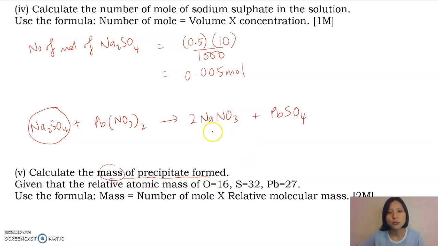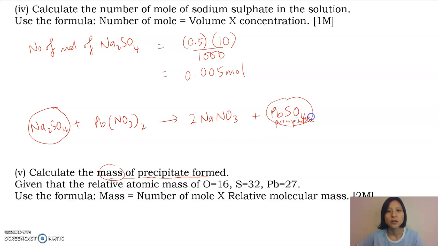So which one is the precipitate? Nitrate and sodium compounds are all soluble, so it cannot be the precipitate. So this must be the precipitate, lead 2 sulfate. All sulfates are soluble except for lead, so lead 2 sulfate is a